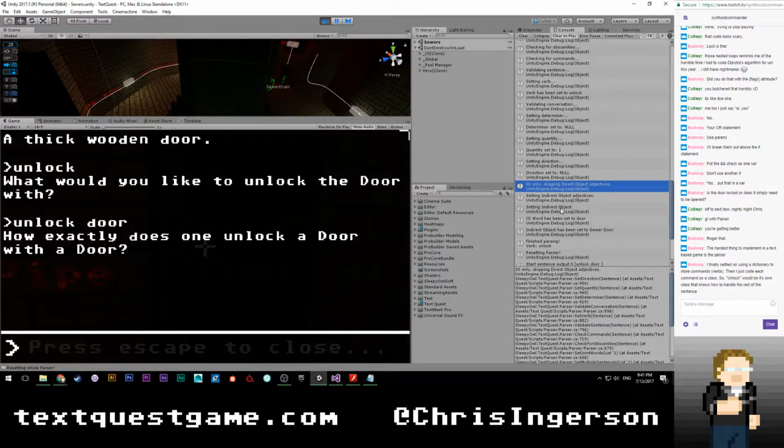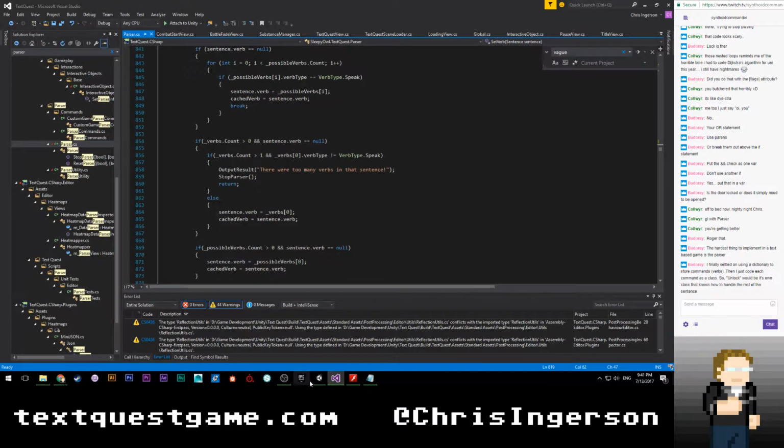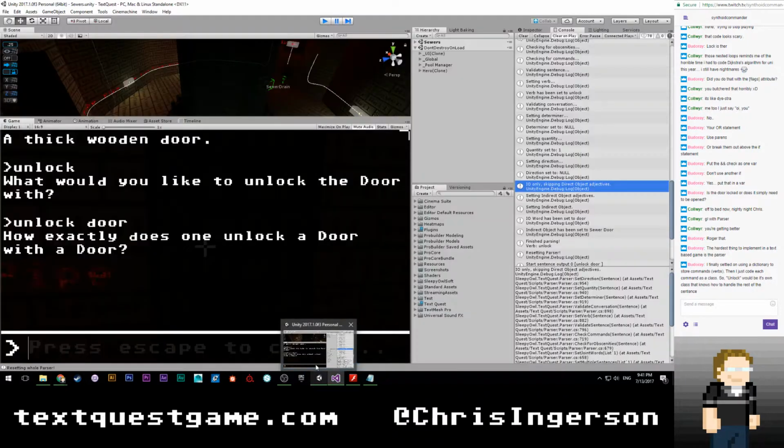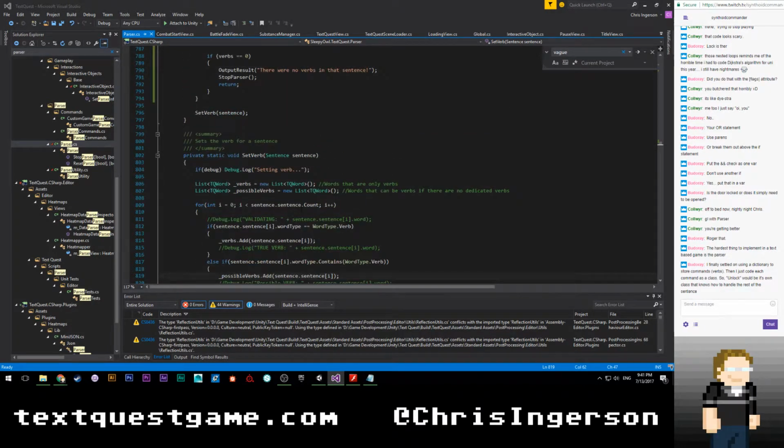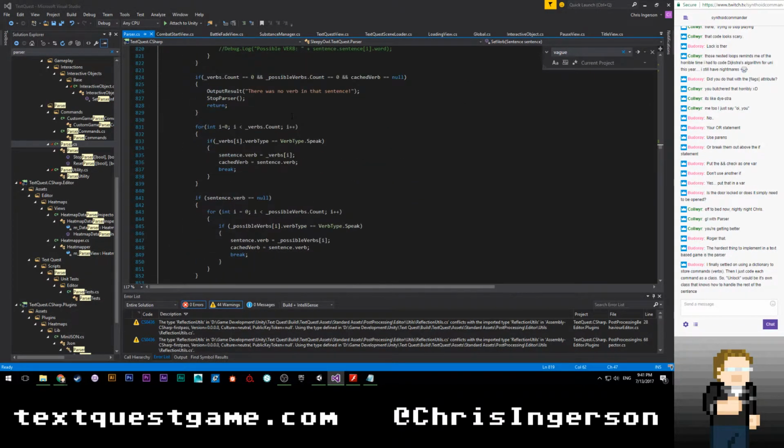Jeez. I think I might know what to do to get around this. So we're going to come up here. Oh, okay, we're going to have to look at it this way. We're setting the verb, and verb has been set to unlock. So let's see, setting verb.